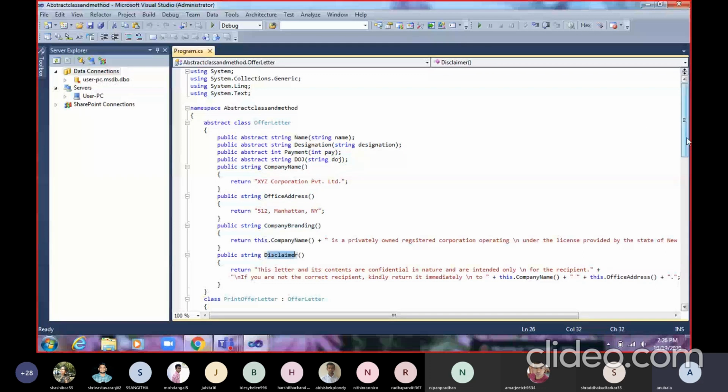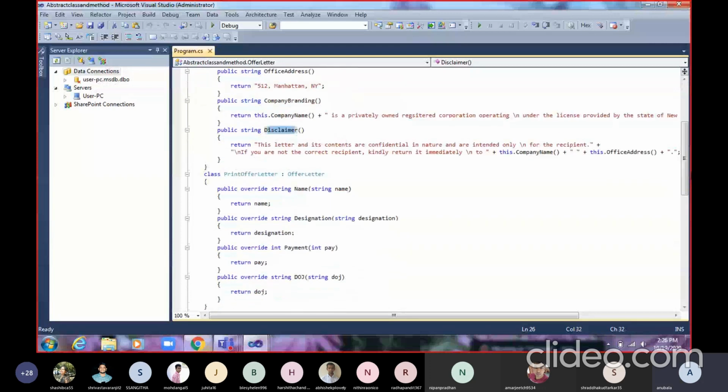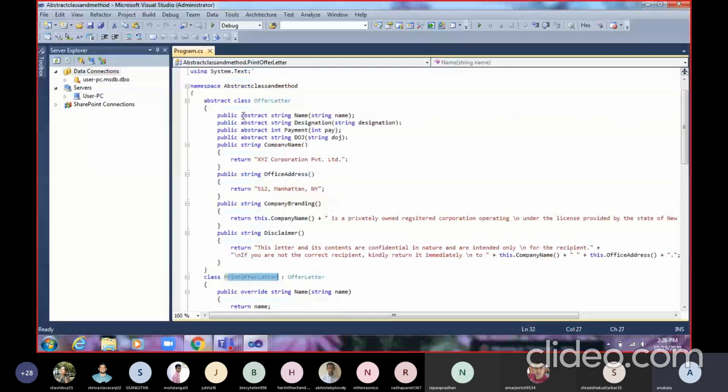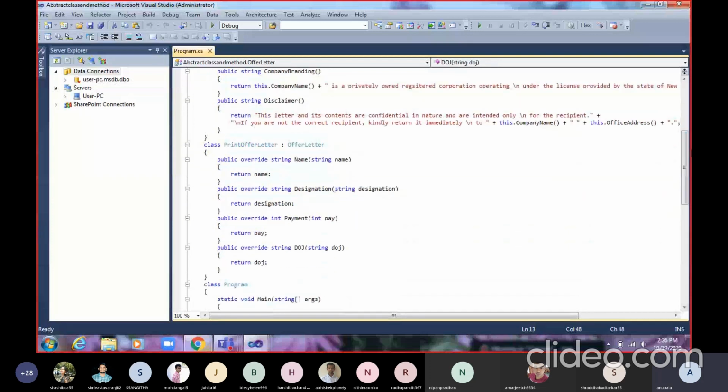Now the derived class. As the derived class is a print of letter, here the letter will get printed. So what value should be printed with that? Now in this class I am overriding, or redefining, the abstract methods of the base class. These four methods I am re-implementing in the derived class. The public override keyword is needed when we give the implementation of a base class function.